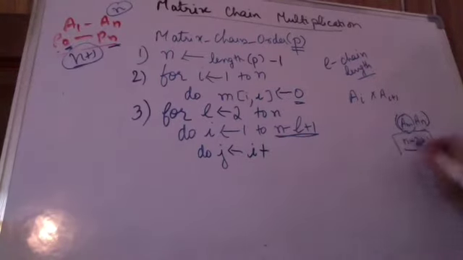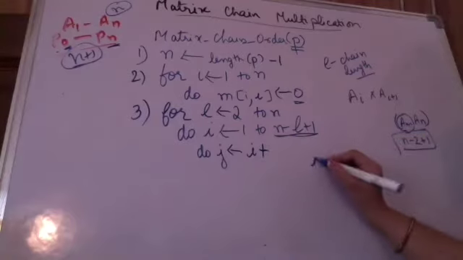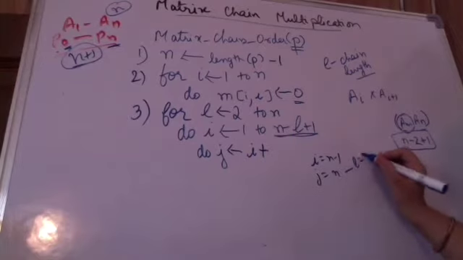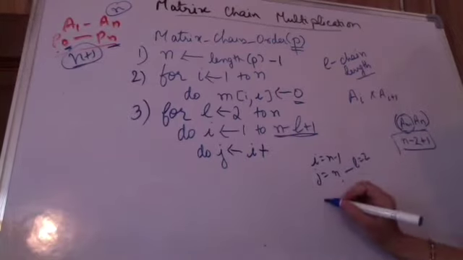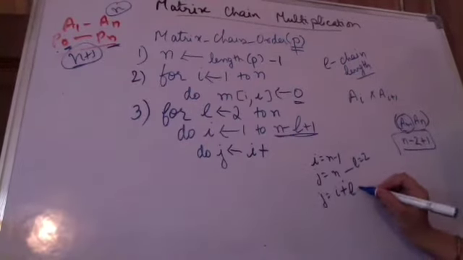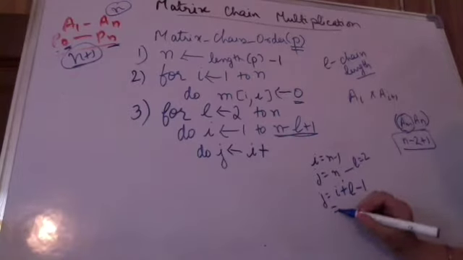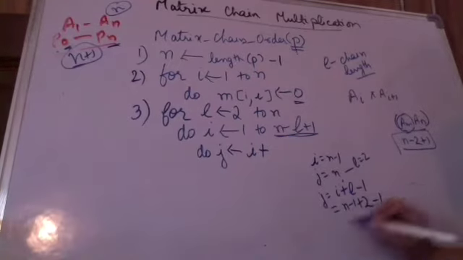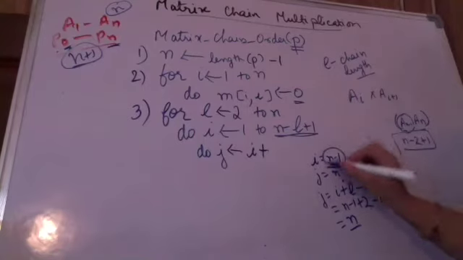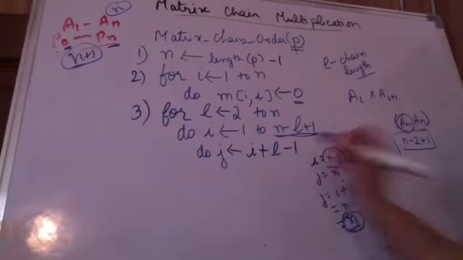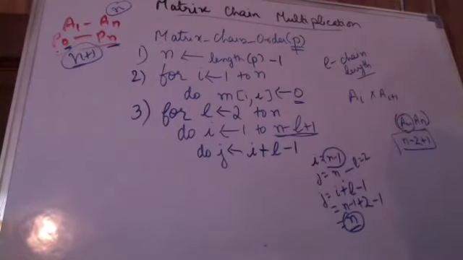In any case, if my i is n minus 1, j here is n, this is for length 2. So what is the relation between i and j? j is i plus L minus 1. That comes out to be i is n minus 1, plus length 2, minus 1, so j becomes n. If i is n minus 1, then j is n. How am I calculating j? j is i plus L minus 1. Is this clear?